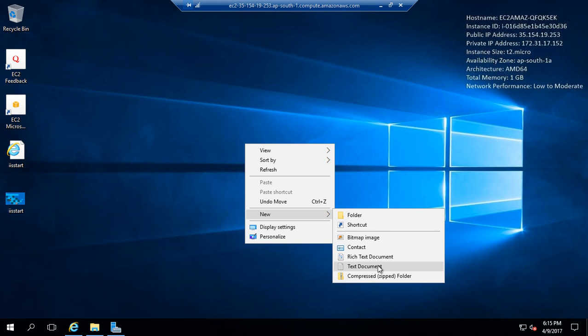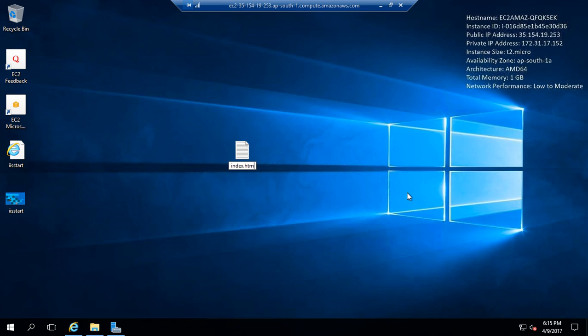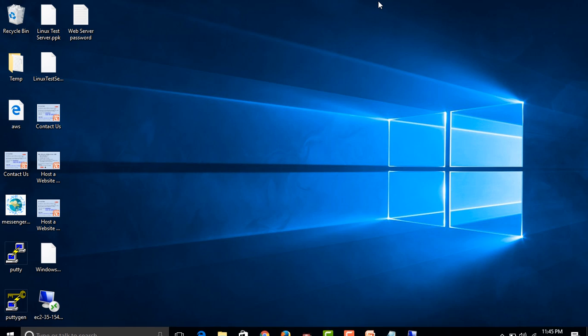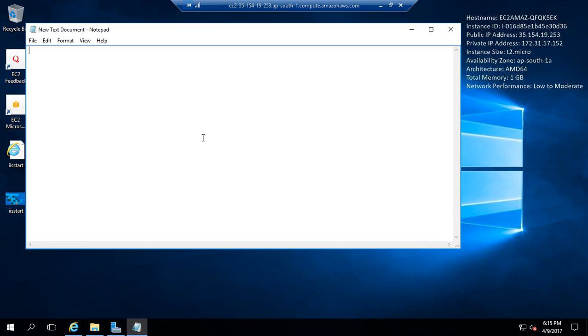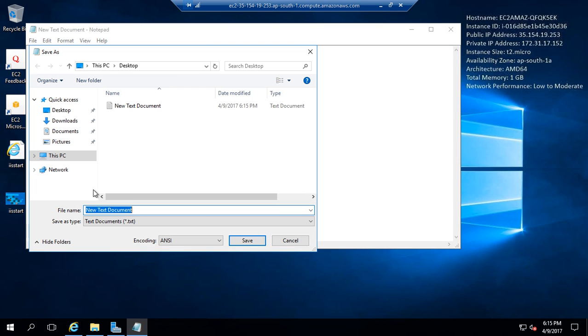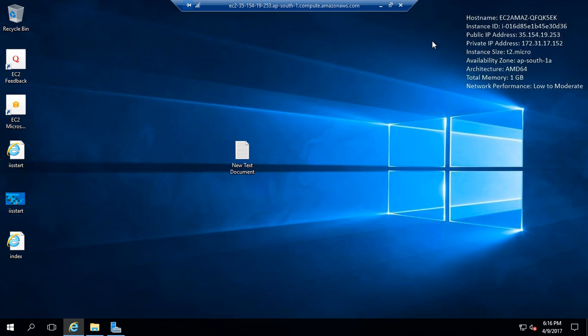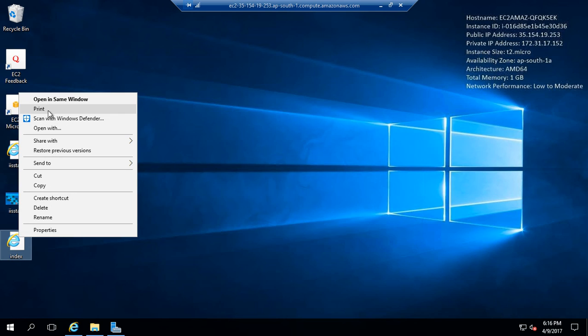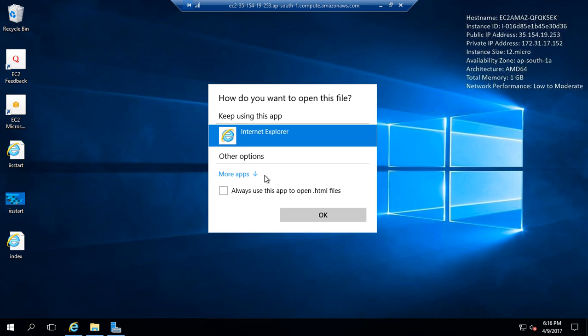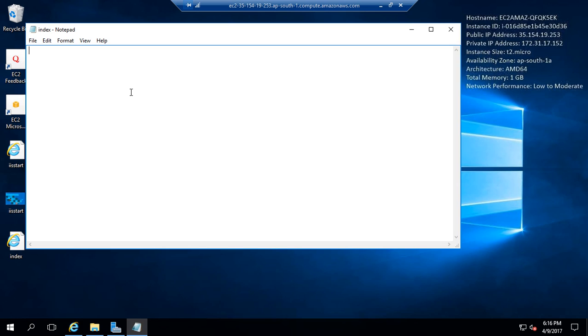Let me just show you, let me try to create one file for you, index.html. Save this file as index.html, copy it, save it. Here it is. Just delete this file. Here, just write something interesting you would like to do. Open with Notepad. I open it with Notepad, and here write something interesting like